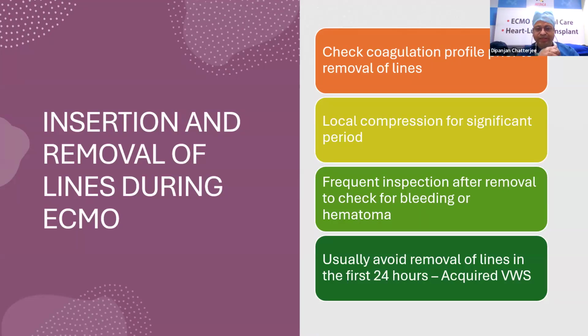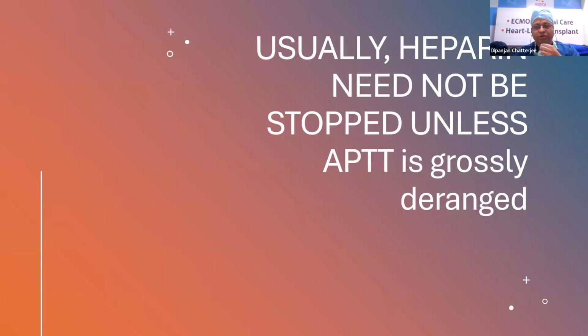So they are coagulopathic in the initial run of ECMO, and at that point of time, we usually avoid removal of lines. After a couple of days, once this has settled down and the patient is not bleeding, not coagulopathic, then you can remove the lines. Usually, we do not stop heparin unless APTT is grossly deranged during the insertion or removal of lines, or if the patient has developed a hematoma during insertion or removal of a line. At that point of time, we may need to stop the heparin for a few hours. Secondly,